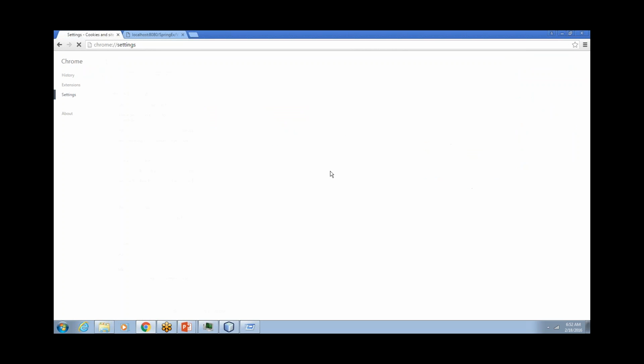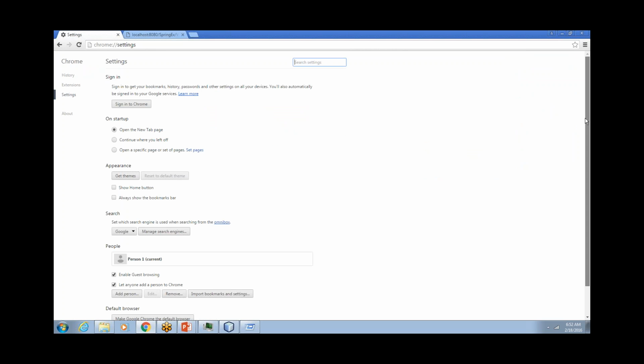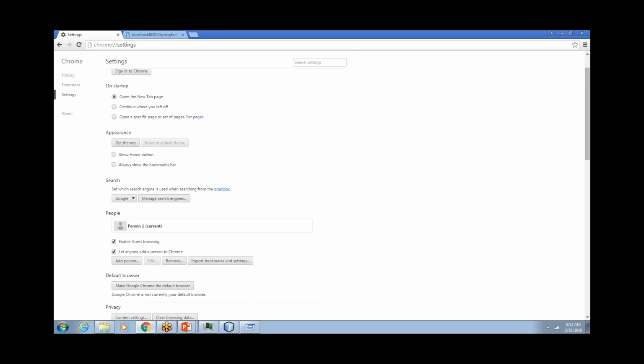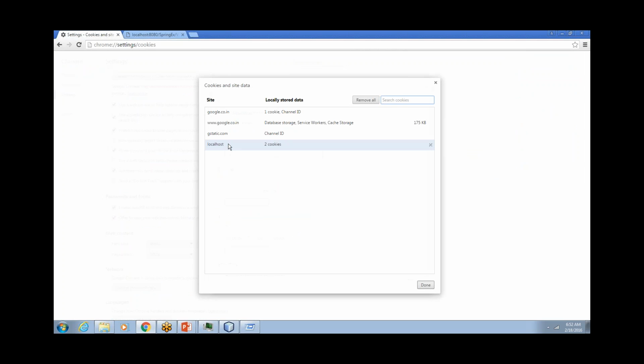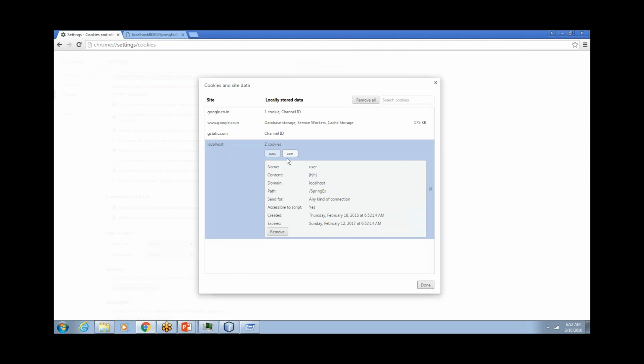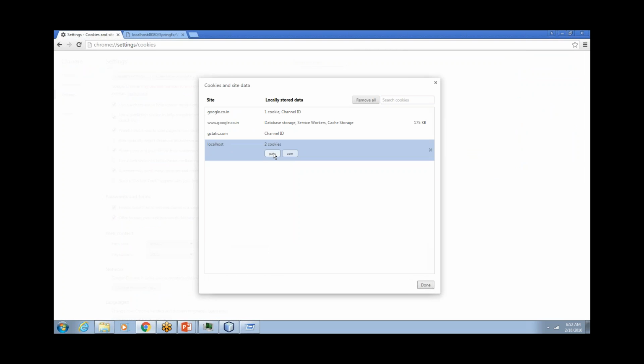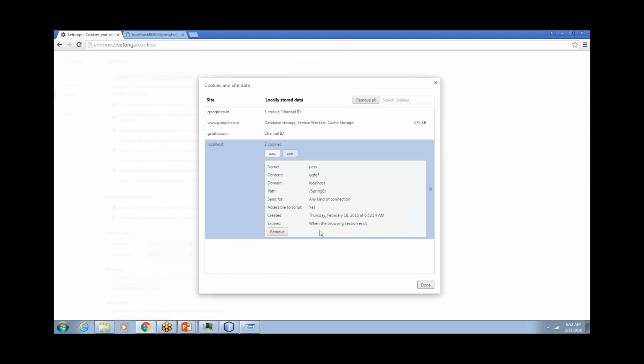Check it, show advanced settings, and then content settings, localhost. See, it will be alive for a year. Whereas for the second cookie, we did not set the time, and for this one, we have set the time. So if you see over here, path is /spring,